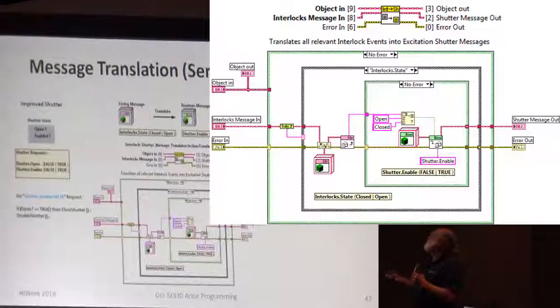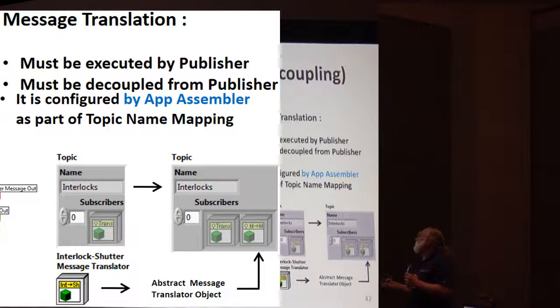That's what I said. They should not be coupled. And the thing is, when you create the publish and subscribe, they are created in the assembler. This is the application-dependent class, the only application-dependent code that really knows the model of the shutter and the model of the interlocks, and it knows that the shutter should close on interlocks.